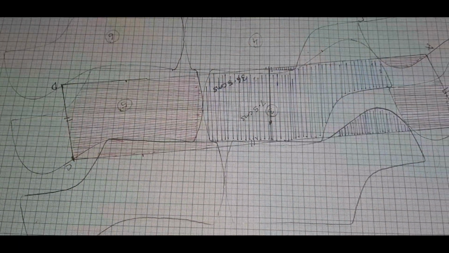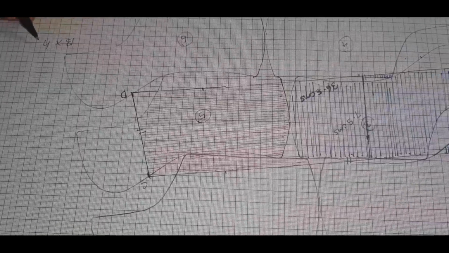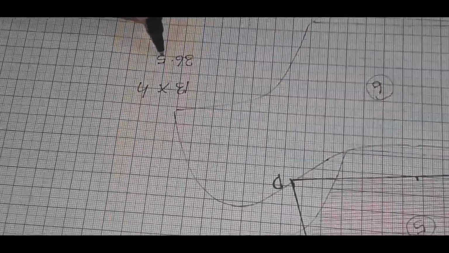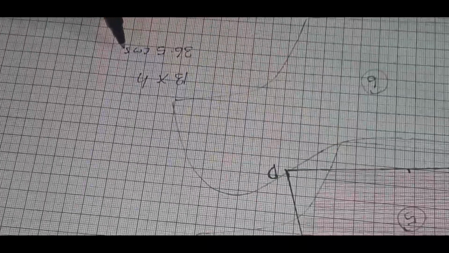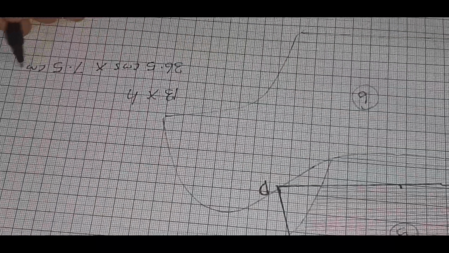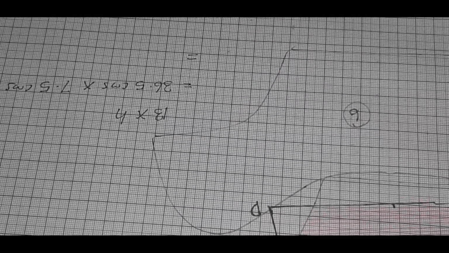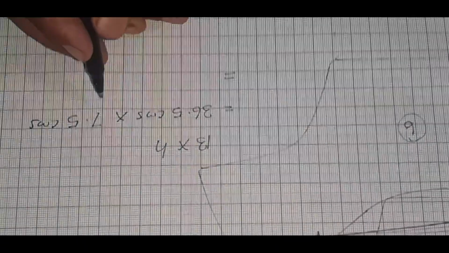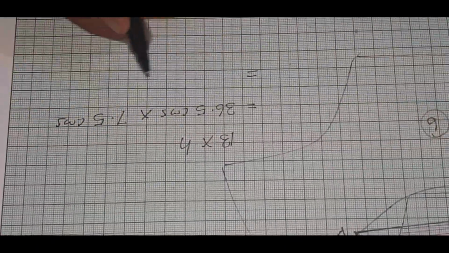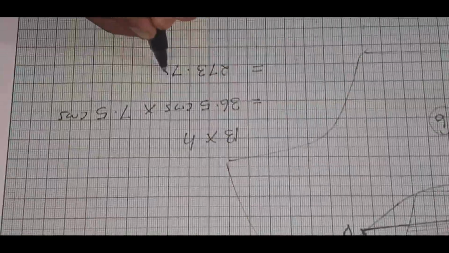So to find out this parallelogram area, the formula is base multiplied by height. So base is 36.5 centimeters. Height is 7.5 centimeters. So when you multiply this, it comes to 273.75